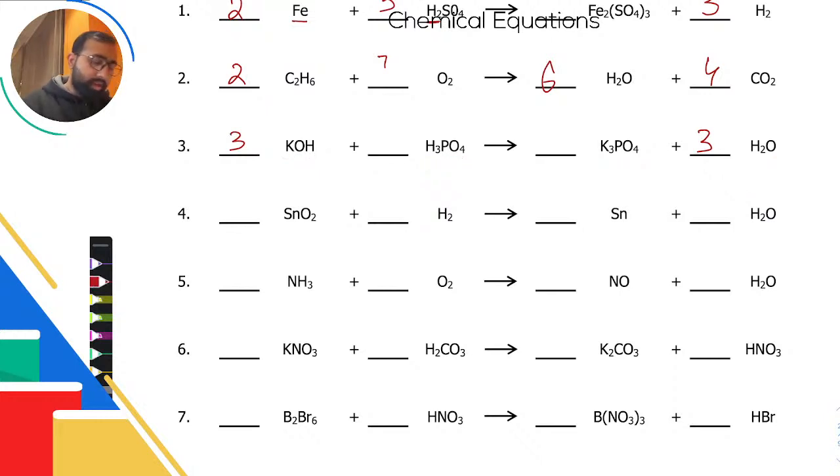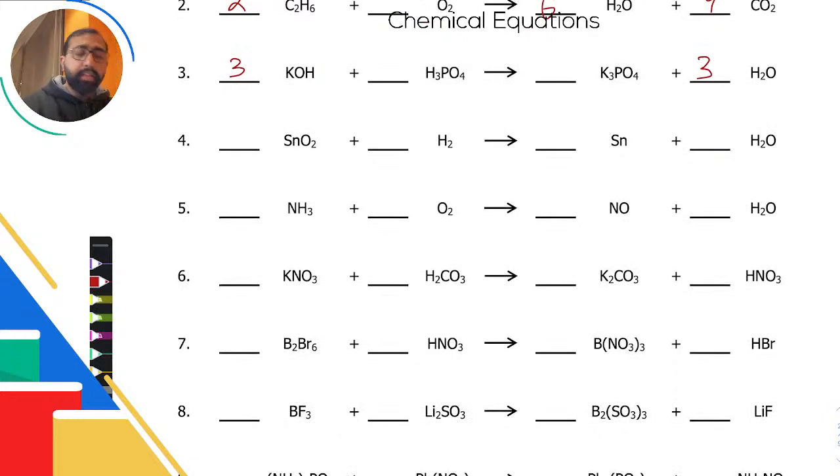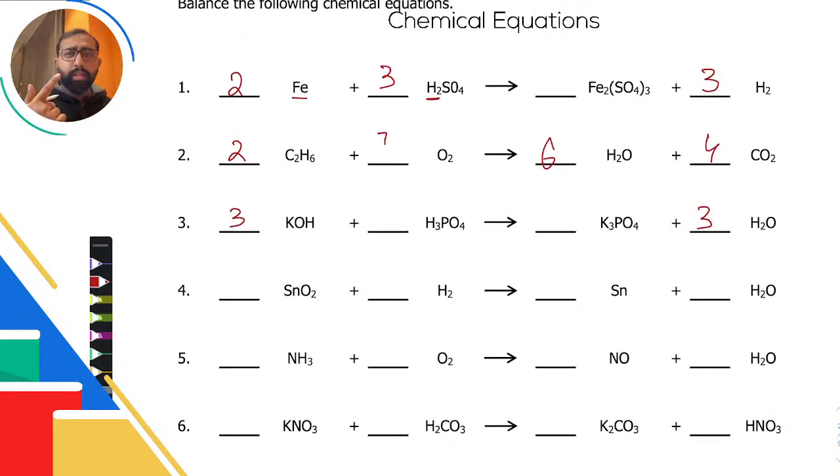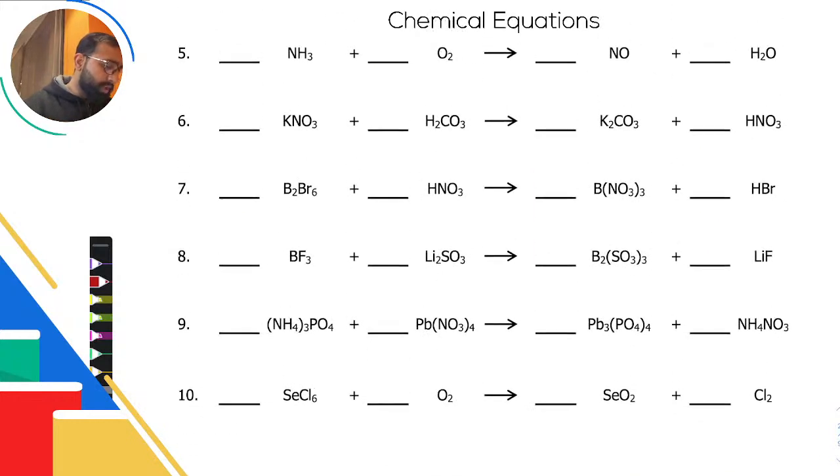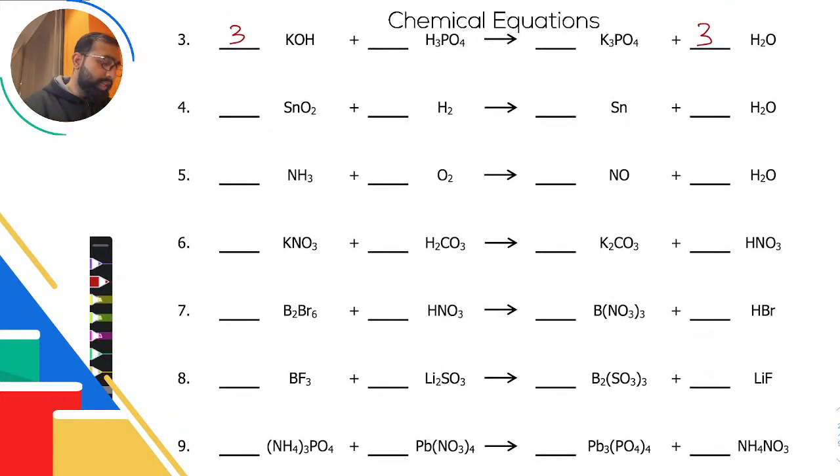All right. Now this one is basically a reaction of hydrogen ion and hydroxide ion, which we call a neutralization reaction. So far we have seen displacement, combustion, neutralization. All right, moving on. This one, tin(IV) oxide and hydrogen react, and again this is a displacement reaction, because you notice that oxygen is with tin on the left side, and on the right side is with hydrogen. So it shows that hydrogen is more reactive than tin.